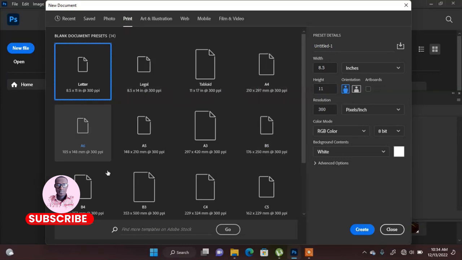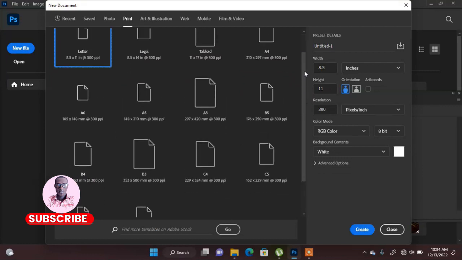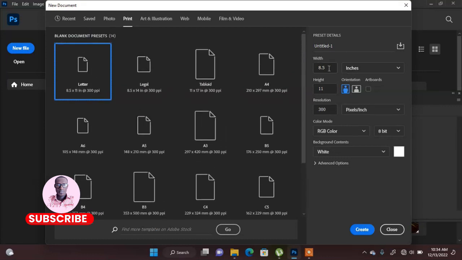With the print, it has a lot of paper sizes that you can choose from. You have A4, A5, A3, B5. All paper sizes are here. But maybe you have a specific size that you want to use. You come here and you type the measurement there, whether it's in inches, centimeters, millimeters, or points. You just click and enter